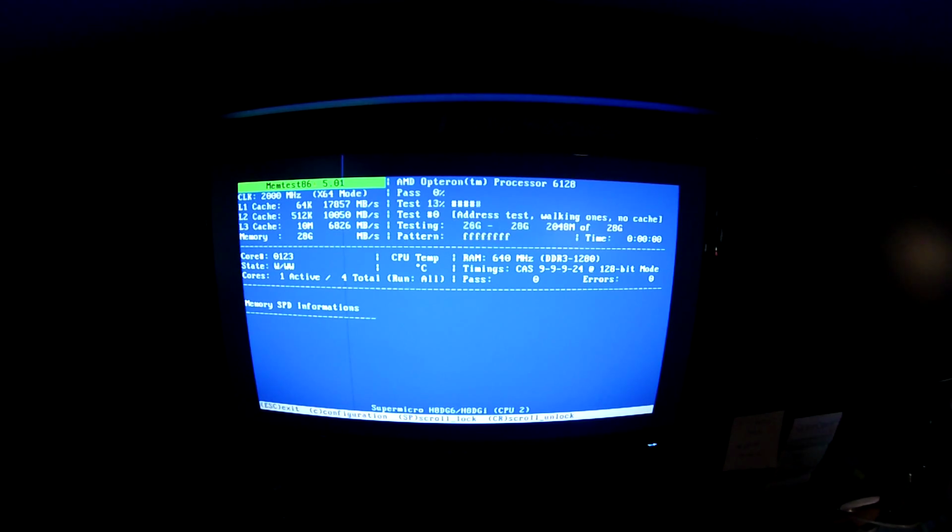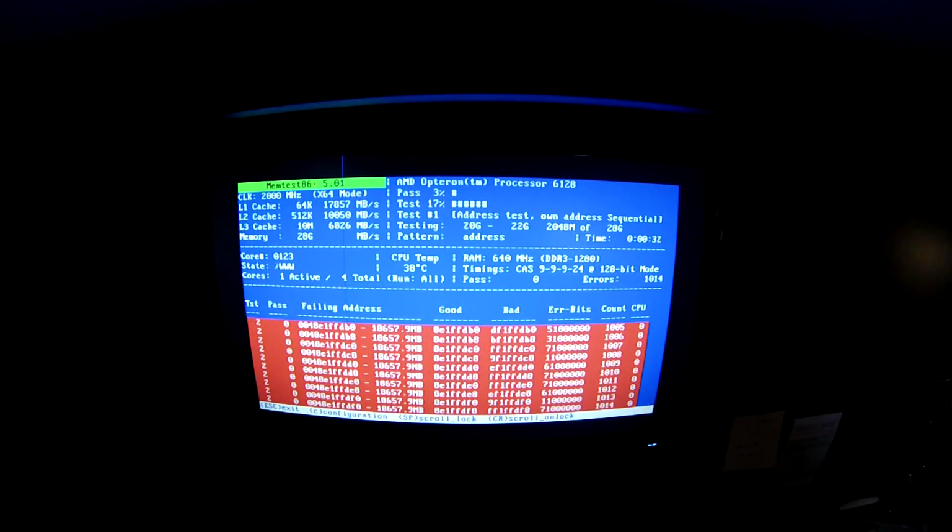I don't know if I like what I'm seeing here. It's still 640 megahertz indication. It's not reporting the 32 gigabytes that I have installed. It's reporting 28. That's very suspicious. Oh my. Now we're getting the errors, but now at the gigabyte location,